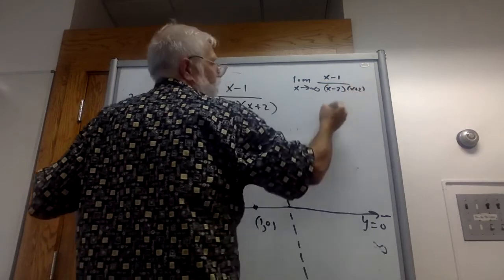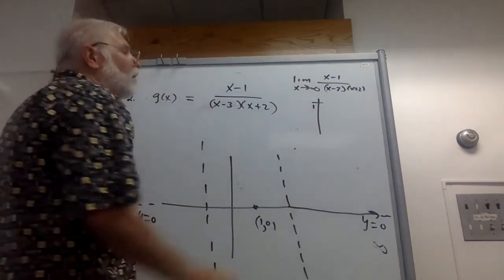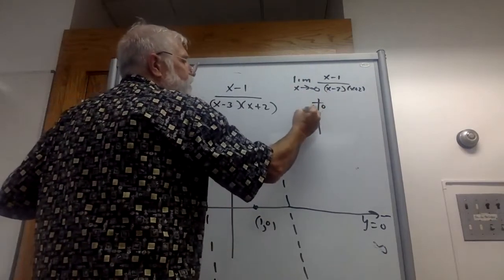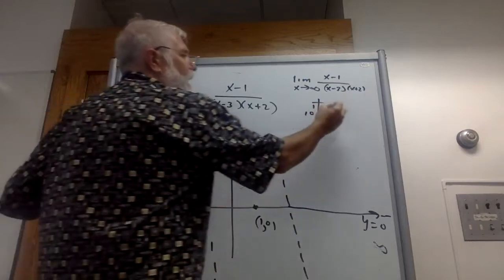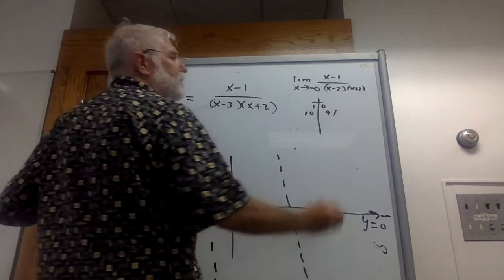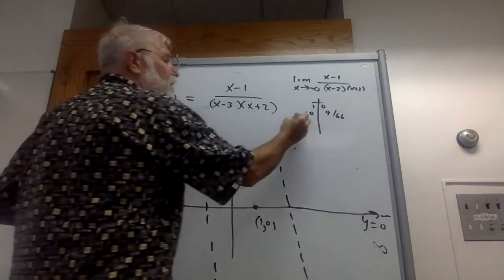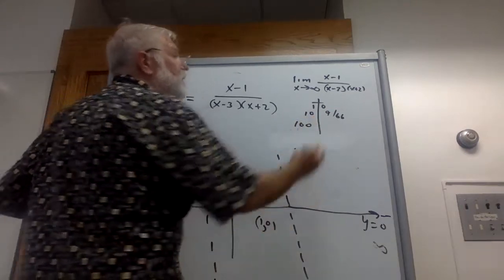Let's start with a 1, and do the same thing we did before. Oh, we know that one's 0. So let's go right to 10. Well, that's 9 in the numerator. Denominator, 6 times 11, 66. Pretty small fraction. Let's go to 100. That's 99